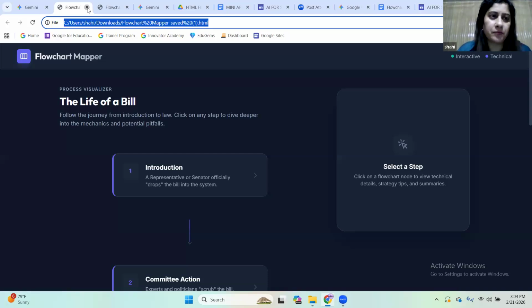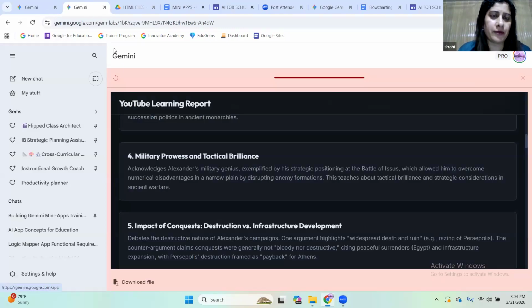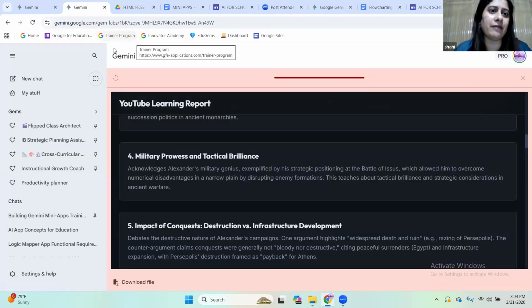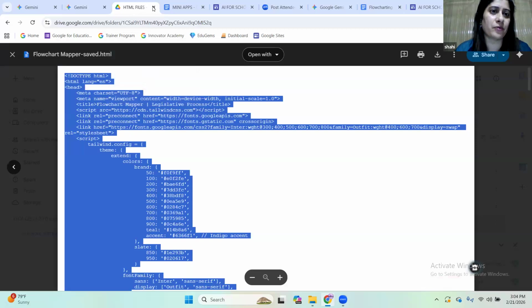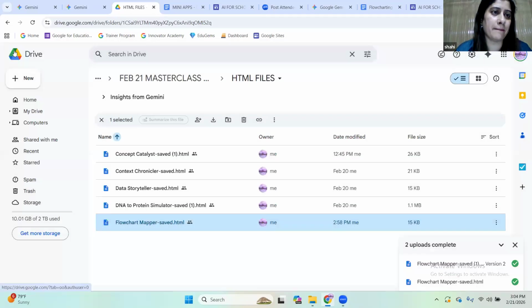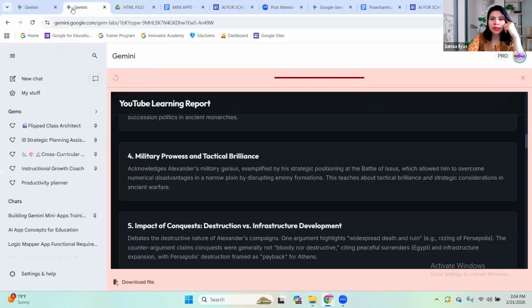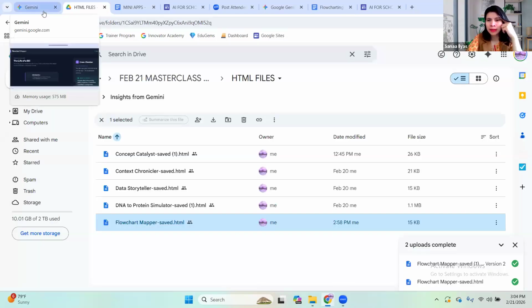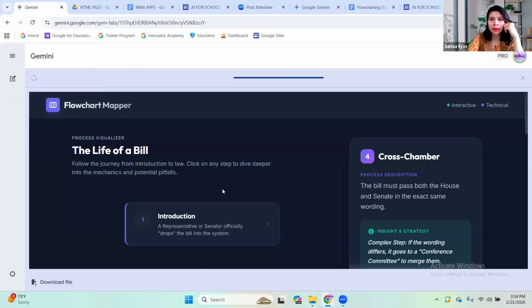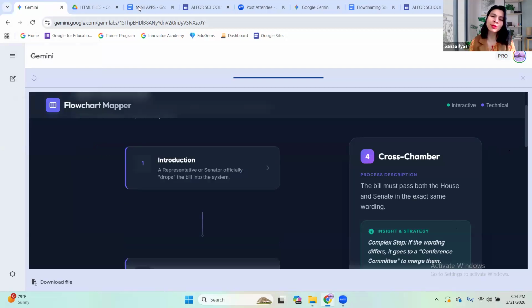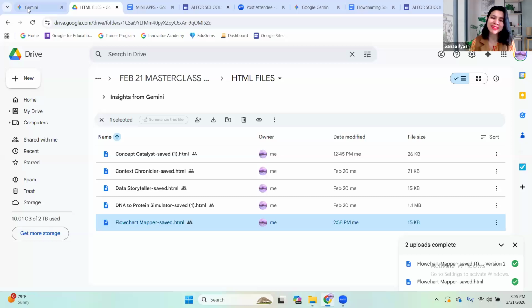So I think that we have explained everything. Sana, have I left out anything which I have not explained in the process? Can you also share again how we are downloading the HTML file? Because Masna is saying that she is not able to download the HTML file, and can we provide a drive link? Masna, let's do the process once more so you can understand what actually happened there.